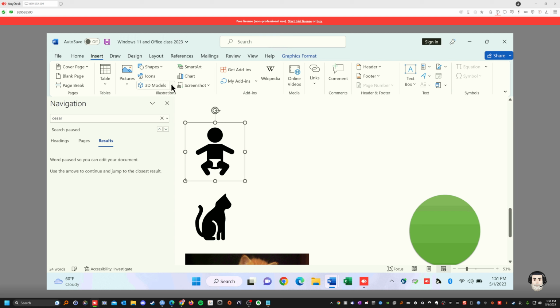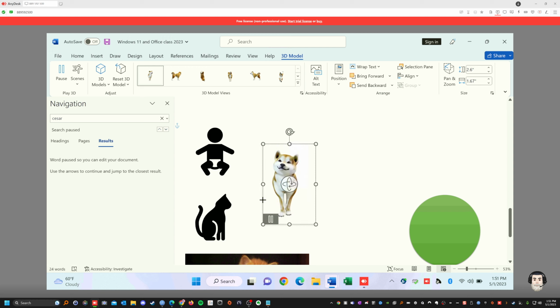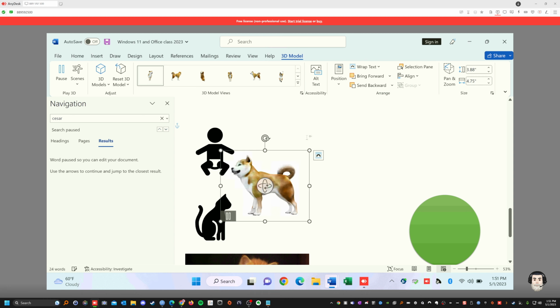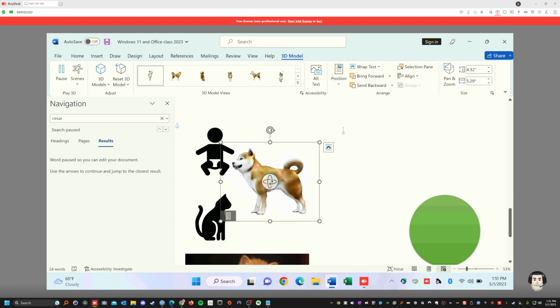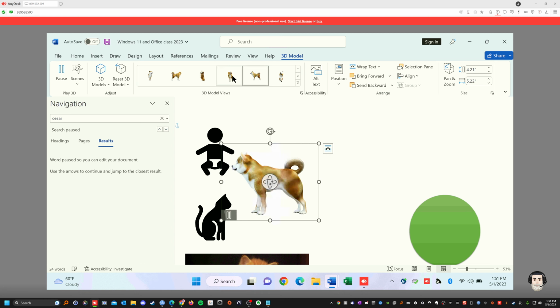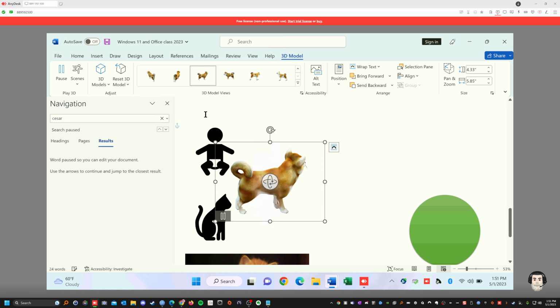It takes a little bit of time right now because your internet's kind of slow. So check it out. See the dog? It's moving. See that? It's a 3D model, and you can move it around. Look at this. See that? It's a 3D rendering of that. Okay? And you can make it bigger, make it smaller. See the dog right here? You could click on the view model. You could do up, down, side, back. Look at his butt, everything. Okay? See below? And you could add anything into the 3D model.